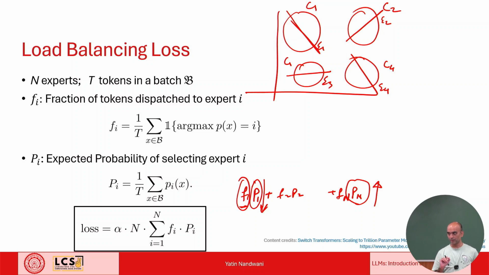Right. So that means that if an input x comes to a router, let's say input x1 comes to a router, the distribution should be, let's say, like this. It goes to expert 1, right? If an input x2 comes to a router, this should also be skewed. It should go to expert 3,